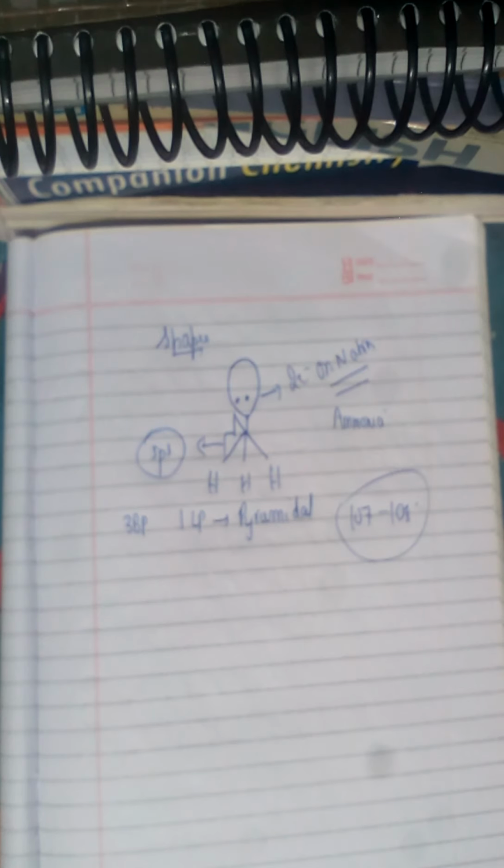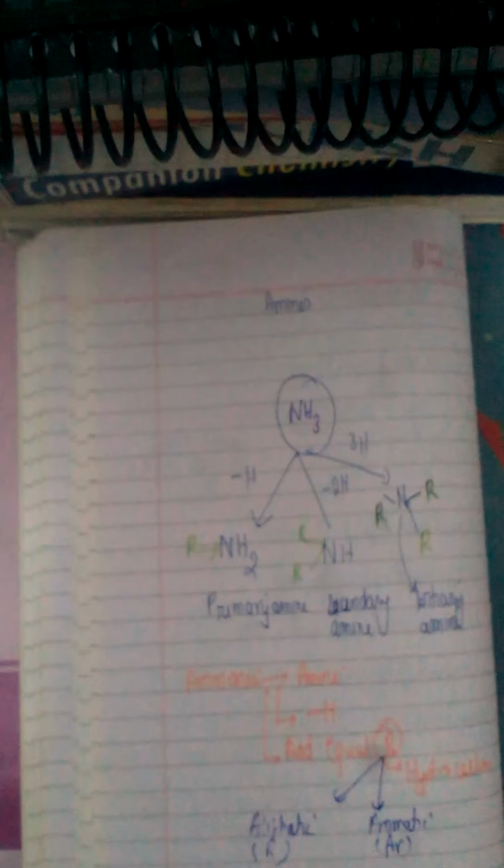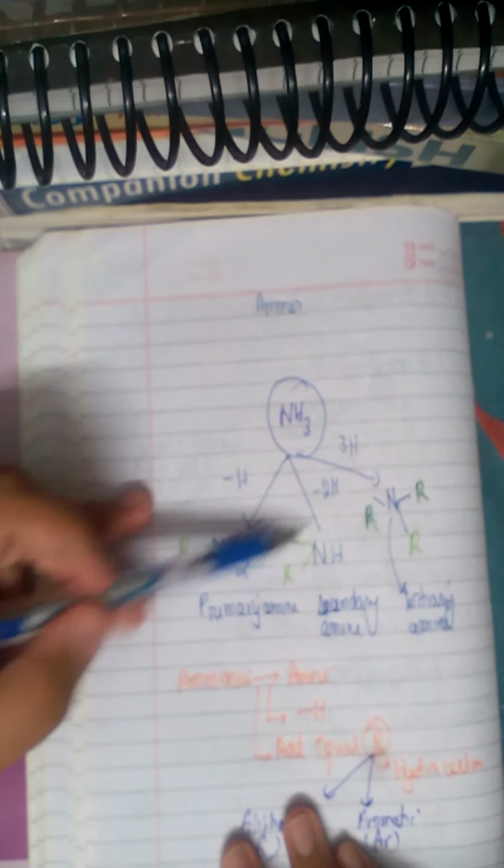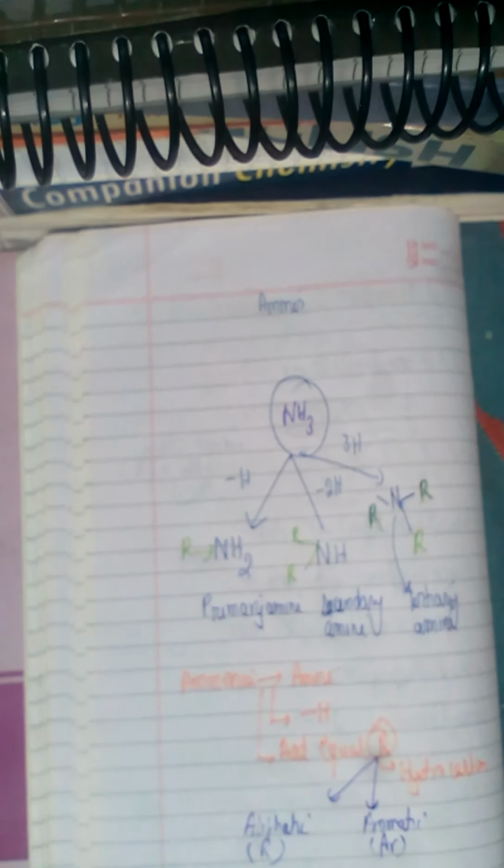Alright, now moving on to the next topic, the classification of amines, which we have already done in our first page. We have understood that amines can be aliphatic or aromatic depending on whether the aliphatic group or the aromatic group is attached. Secondly, the amines can be primary, secondary or tertiary. If there is 1 R group in the amines and it is NH2, it is primary. If there are 2 R groups, it is NH, it is secondary. If there are 3 R groups, it is tertiary. So that's the basic thing we need to understand.